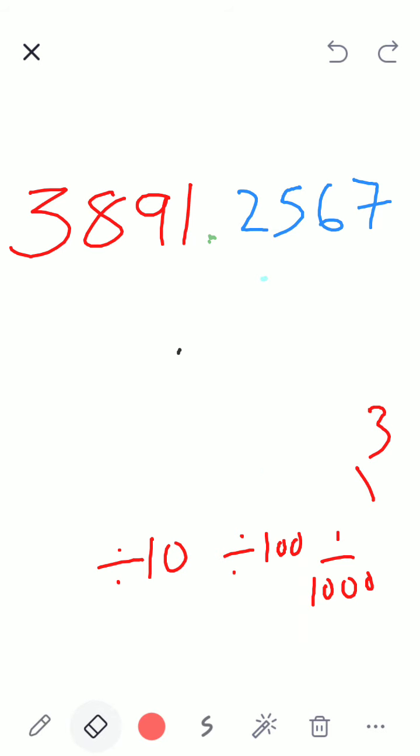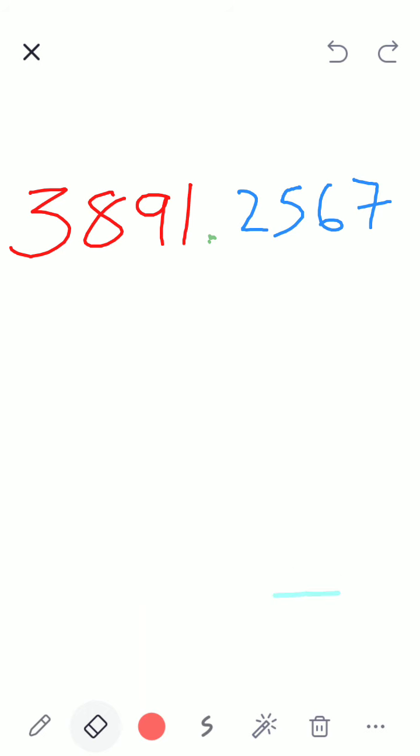Okay. Children, I'm rubbing this for the time being. Okay, let it be there. Pawan, and everybody listen. I have a number 352. What is the place value of this?